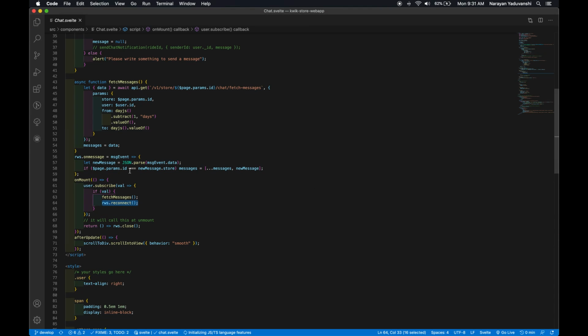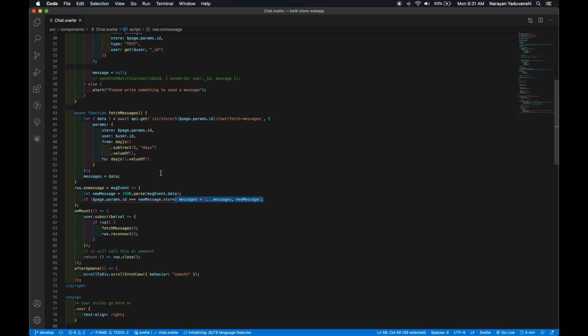Now this is a handy method for whenever an incoming message happens. This particular code block will be fired. Simply accept the incoming data and parse it, because even the server is going to send us back strings, and we make sure that this particular message belongs to our store, then only display this message, otherwise don't.